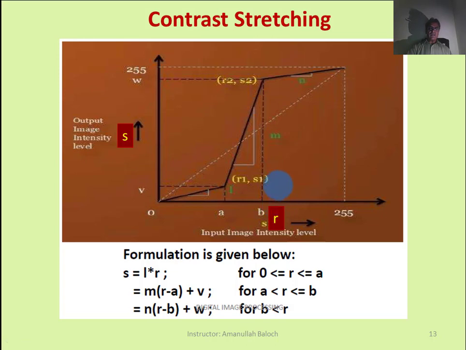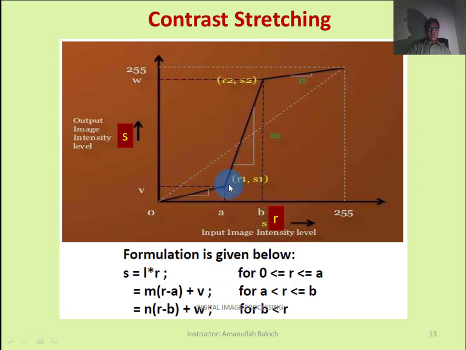Then we will subtract 210 from B, that is 180. The result of subtraction will be 30. 30 will be multiplied with the value of N. N is some constant factor and will be added with W. W is the high range. So this brighter pixel will become more bright.